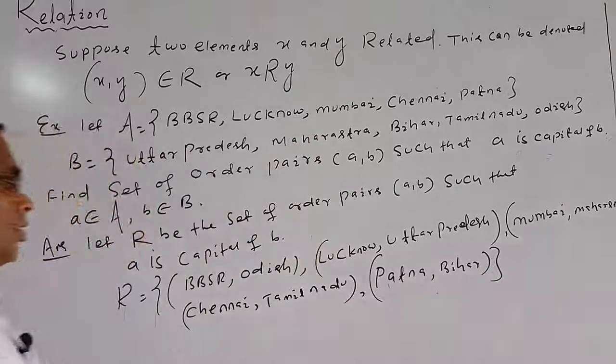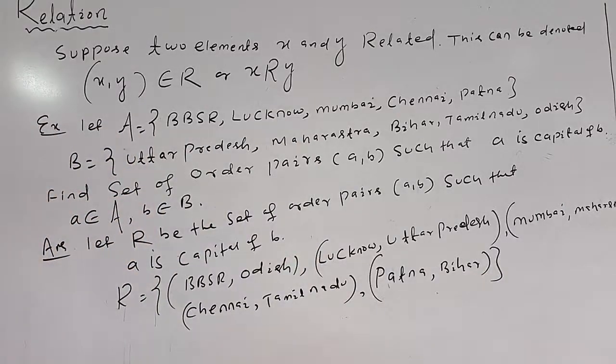Okay. So these are order pairs which must be a subset of A cross B, because in